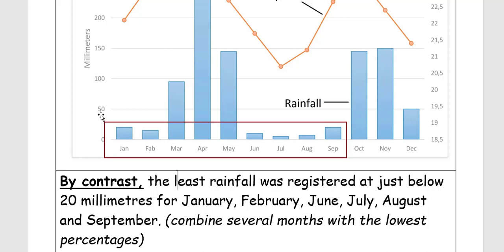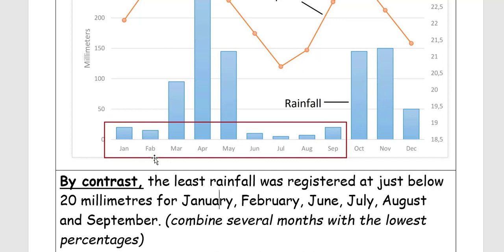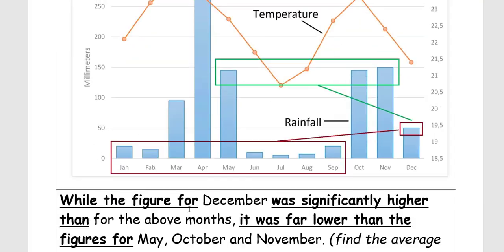So here we have 50, in the middle would be 25, and here they are under 20 millimeters. So the idea is you have to combine several months with the lowest percentages, and then when you have this group, indicate only one specific number, you can just say that all of them were below 20 millimeters, and then indicate the exact months that you are describing. Next,